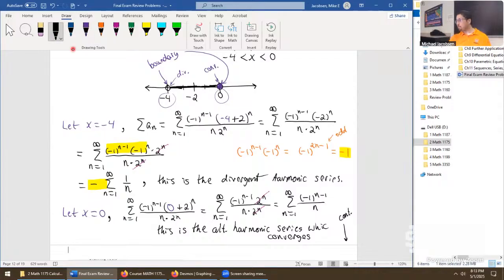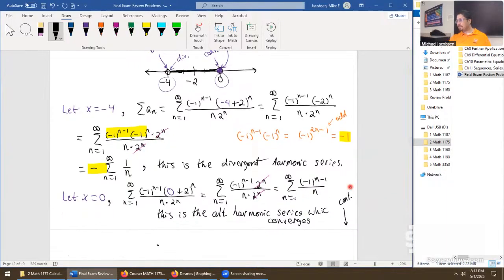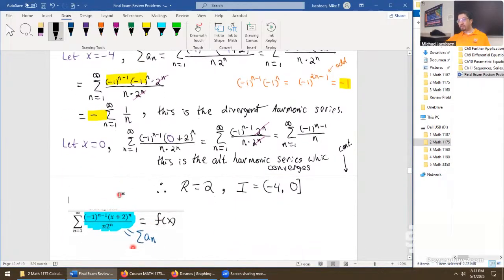We just need to simplify, or not really simplify, but paraphrase our results. Therefore, the radius we found to be 2. Even if we forgot what it was, it's the distance of 2 from the center to the boundary, so that implies radius 2. And our interval of convergence is open at -4, and it goes up to 0 with a bracket. So the whole thing is done. We now have the domain of this weird function down below.